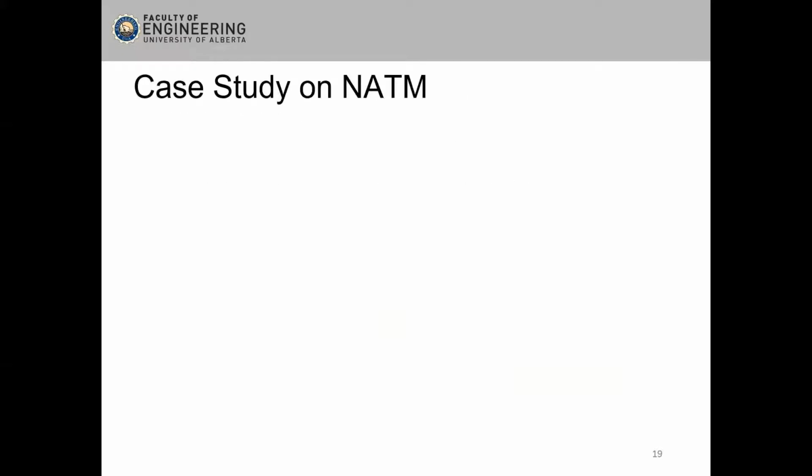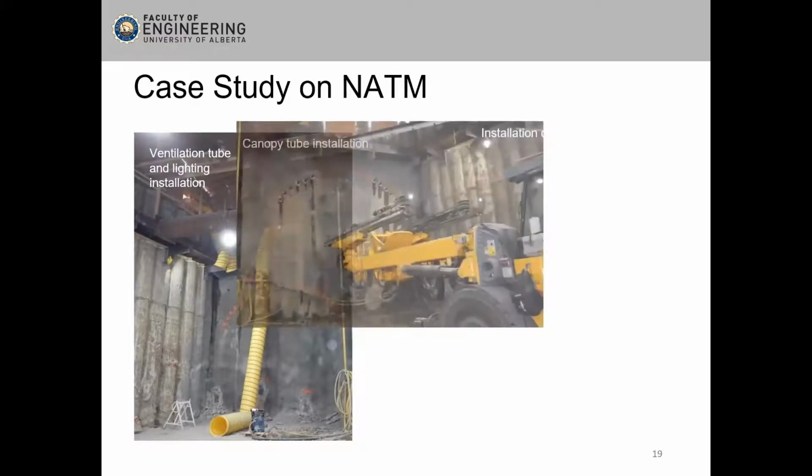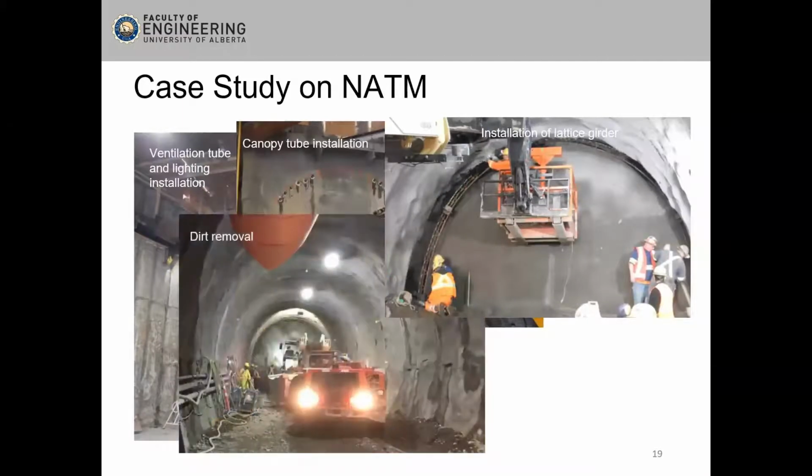Here are some screenshots of the construction steps. First, ventilation and lighting are installed in the construction site. Now the canopy tube is installed. Now we see the lattice girder installation. Now we see a screenshot of